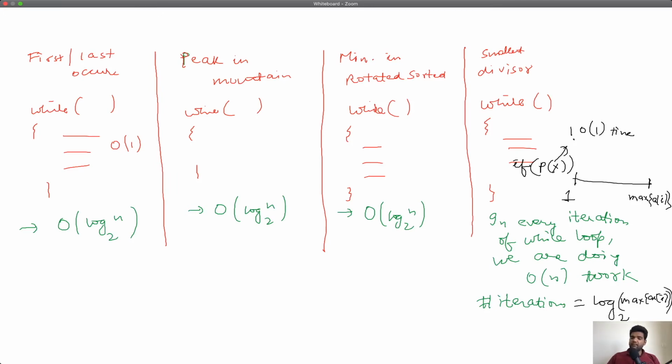So the time complexity of this becomes order of n into log of max of array I.